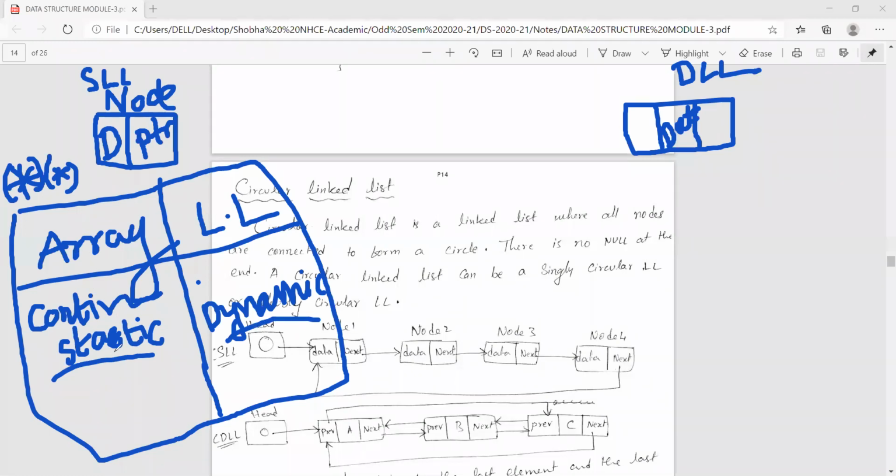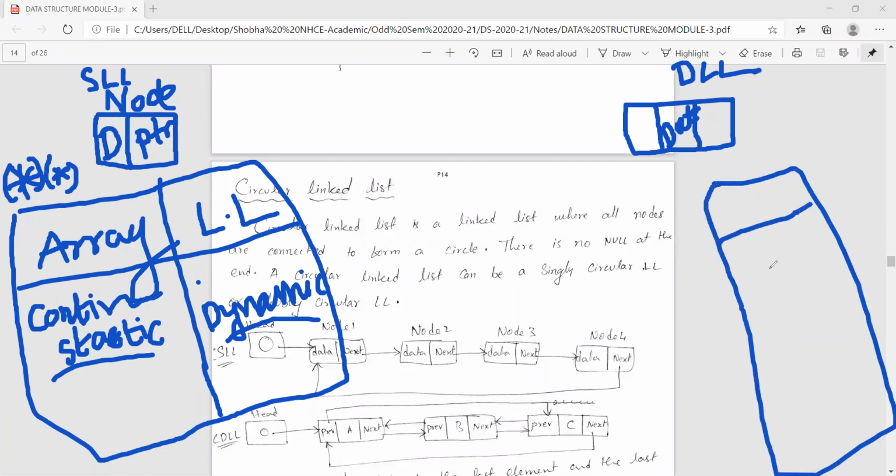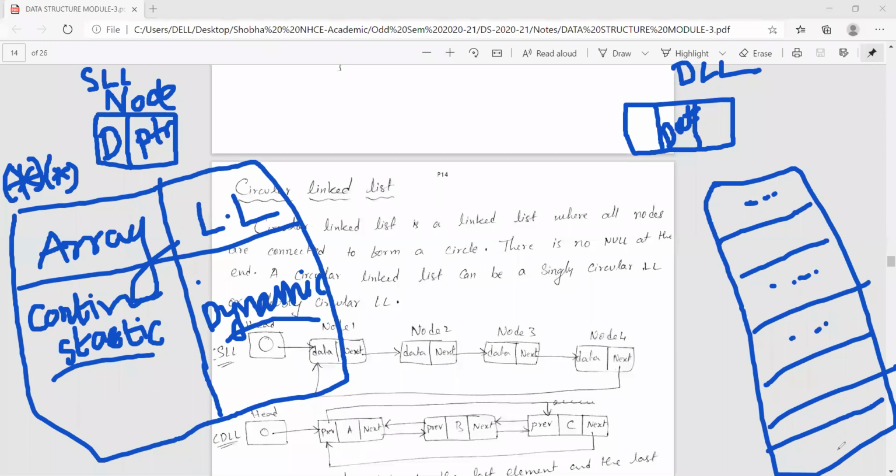Array needs contiguous memory space. This was discussed in our first introduction class of linked list. Suppose this is my memory pool, a heap of memory like this, and I have a few data. Some data here, here, and here. Let me write an index for your reference: 0, 1, 2, 3, 4, 5 and 6.